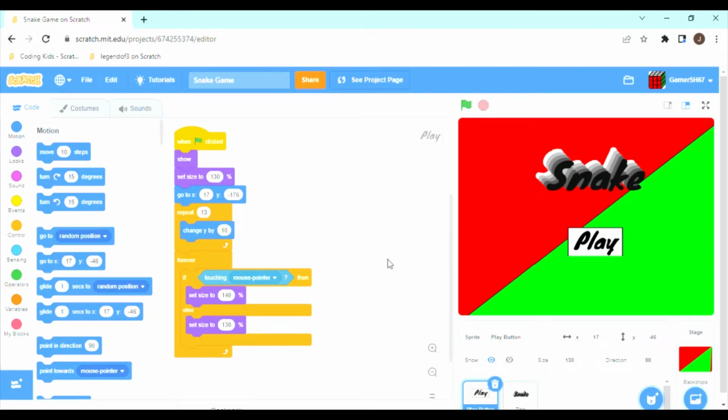Hey guys, welcome back to another video. This is the second video of how to make a snake game on Scratch. And if you're watching this video and you haven't watched the first part, I recommend you pause this video right now, watch that first video, and then come back to this video, and then you will be